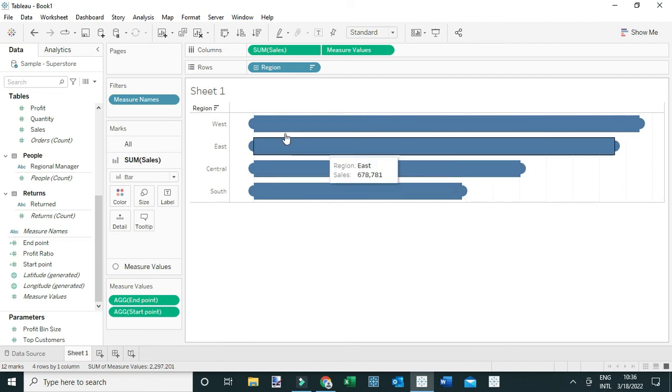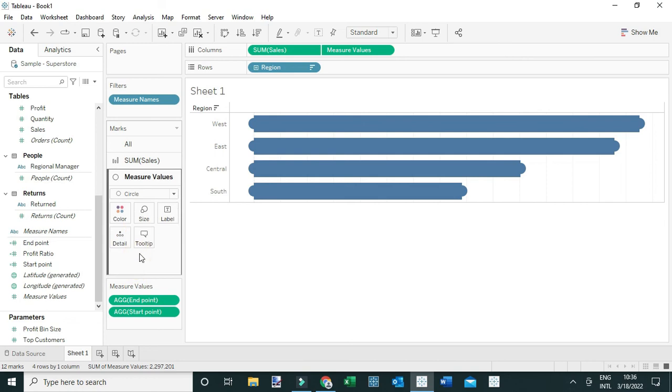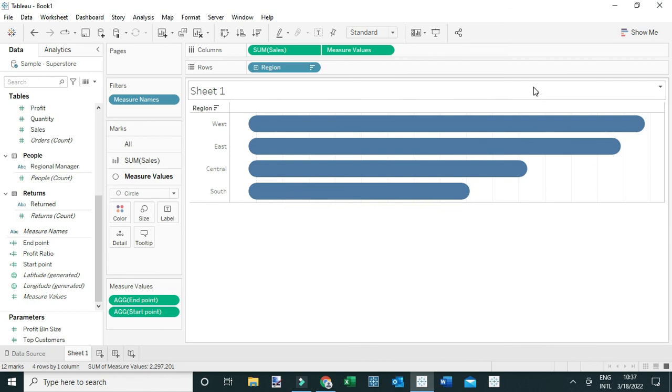Next, I'm simply going to increase the size of the circles to be as equal as the bar charts. So I'm going to select this Measure Values, which contains the circles. And I'm going to adjust them a little bit to match the bars. And basically, by doing that, as you can see, we've created a bar chart with rounded edges, which is going